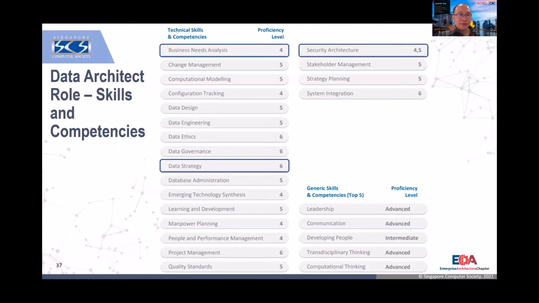And of course, security architecture is very, very important, because like cybersecurity, when they steal the information, that's why the data architect also needs to work hand in hand with the security architects, right? How they can secure the data, because once the data is stolen, the business could be in danger. You're not only endangering the business, but you may get fined by the authority because the data gets stolen. Then of course stakeholder management, very, very important. We need to know about the expectation, right? Strategy planning is also very key in terms of the involvement of data architects.